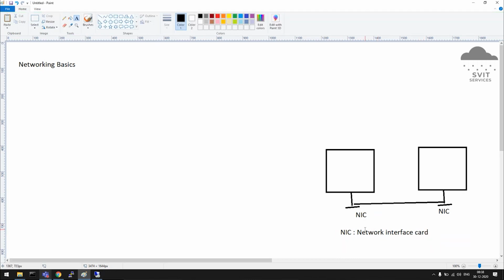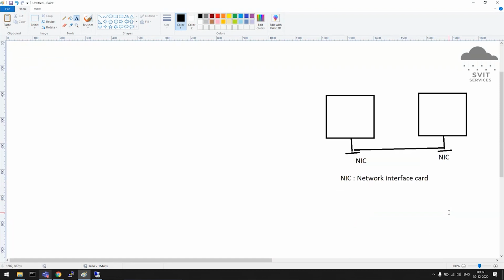Network, we know, it's a connectivity between two or more machines. Interface, entry or exit point. So any network traffic that is coming inside or outside from this machine will go through this adapter only. The same, if you have a laptop, you can check the internet cable where we plug in. That's called NIC card. Okay. Network interface card. The traffic will flow through the respective card in and out of that adapter. The other end also will be connected to the same NIC card on the other machine.